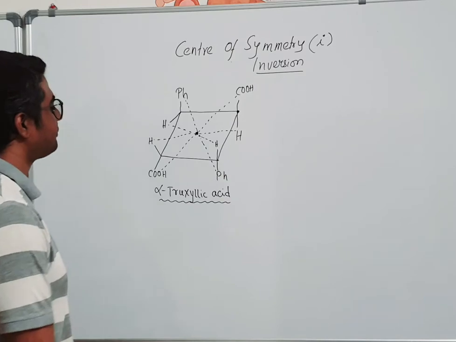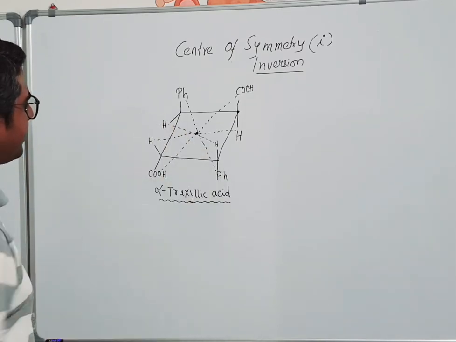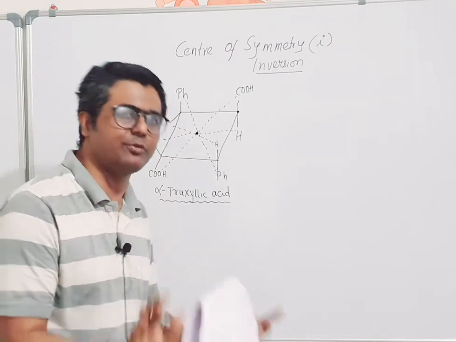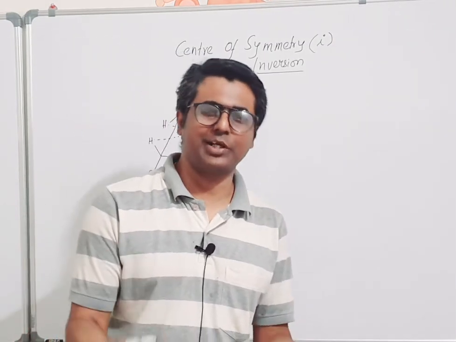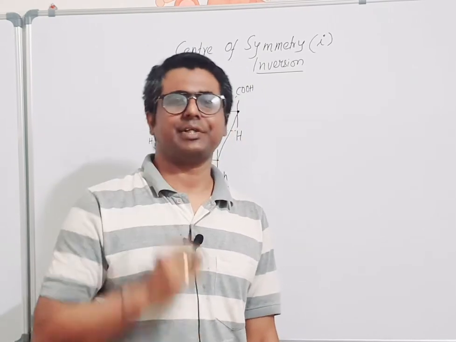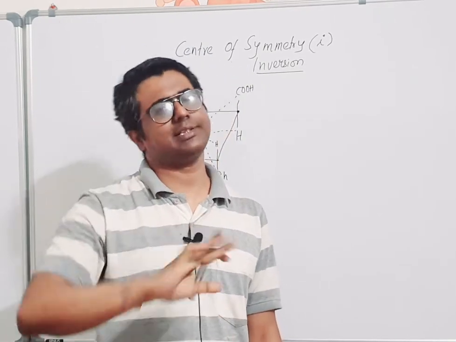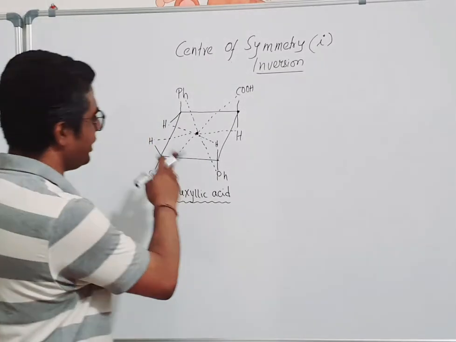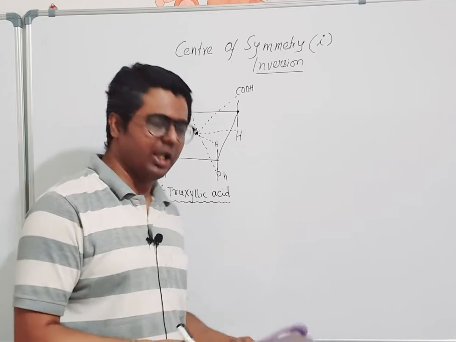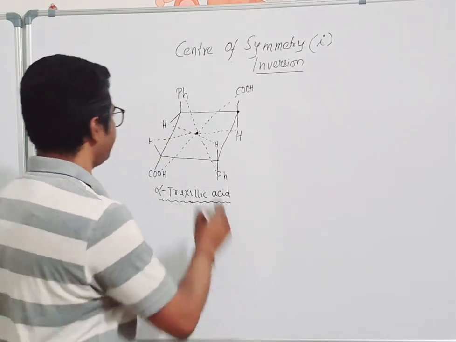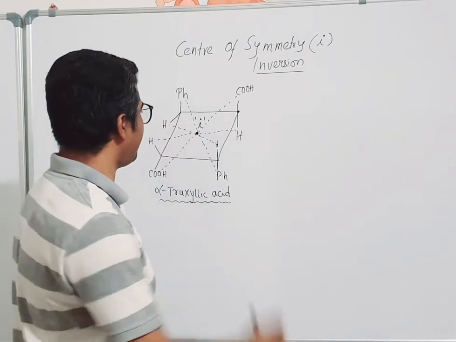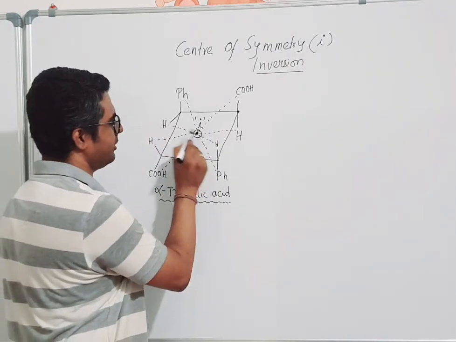Nice name, huh? So here we can see that wherever you draw a line inside the molecule, anywhere you can draw, you will get the same part of the molecule or same element on the opposite side of that line. So this molecule has a center of symmetry. So please write down all lines passing through I. So this one I will call is at I, okay. This point is called I, okay, this point.